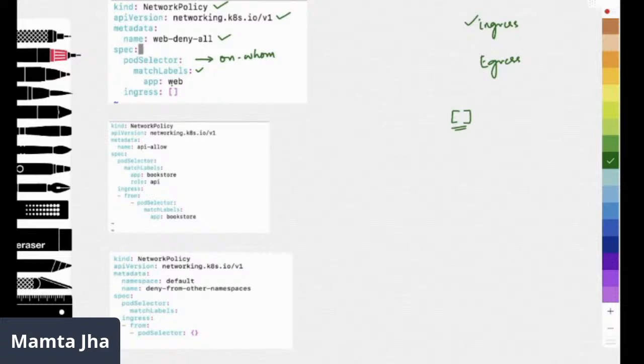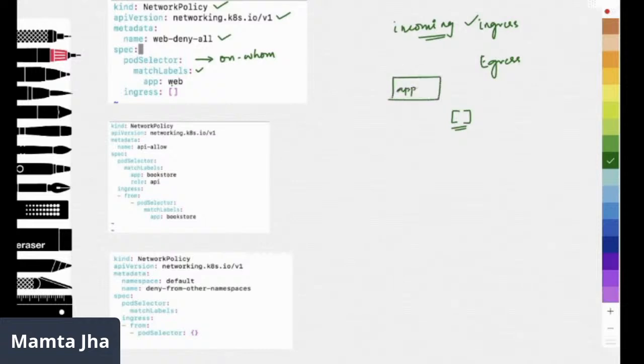So here we are saying that I would not accept anything. I have not specified any condition. So it is like not accepting resources or packets from any type of pods in the cluster. We are isolating that pod completely, and that's the reason it is deny. Ingress is for the incoming. So we are denying all incoming traffic to the pods which are labeled as app web.